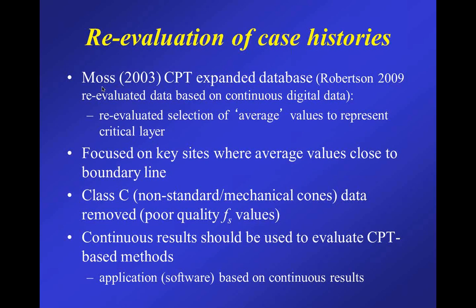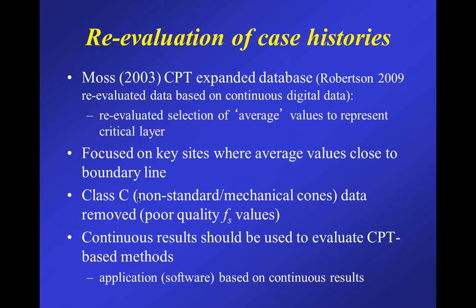Now, Rob Moss did his PhD at UC Berkeley in 2003, and he expanded the database. So he added a lot more case histories to what you saw in that previous plot. And then in 2009, I reevaluated Rob Moss's database, looking at some of the case histories in more detail, and particularly looking at the continuous digital data. So I reevaluated some of the average numbers he had picked. I didn't change many, but just a few key ones that I disagreed with the average values, and you'll see why later. I focused on a lot of key sites where the average values were very close to